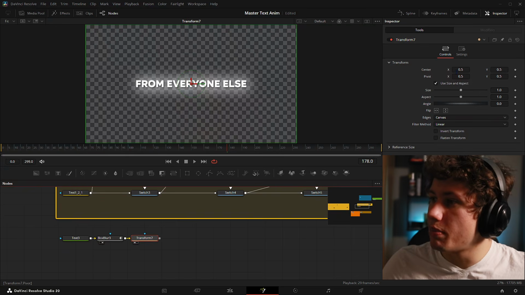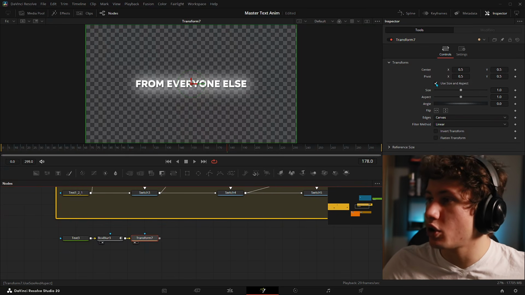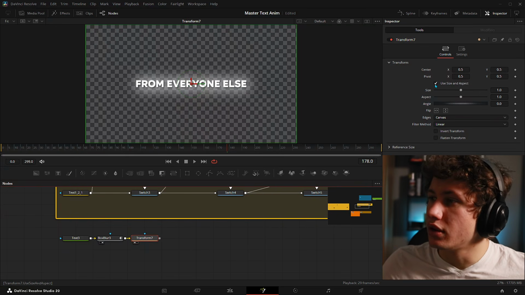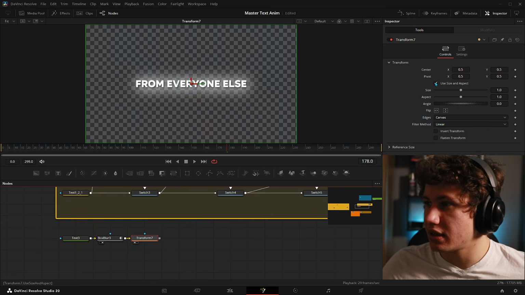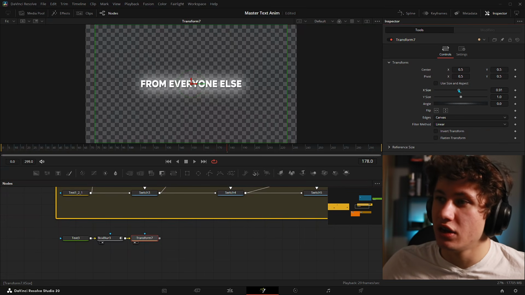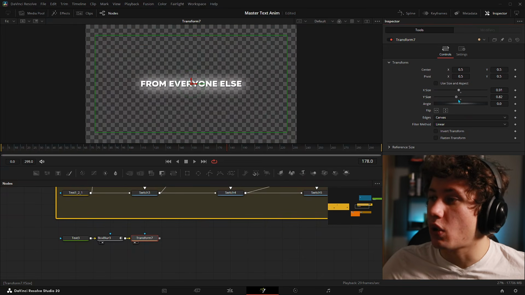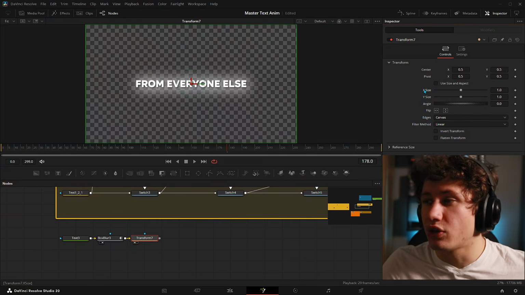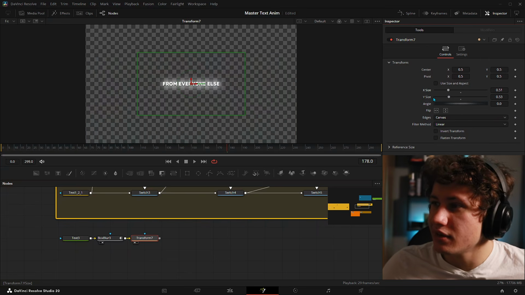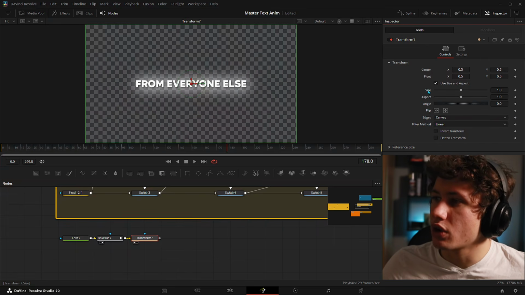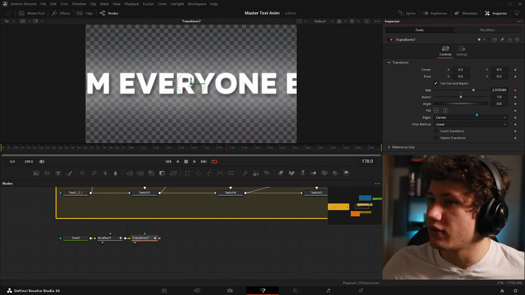And then I'm going to go up into our inspector here for our transform node, and we're going to animate our size here. Now, you'll also notice we have a box here labeled Use Size and Aspect. This allows us to manipulate just the X or just the Y size. And you can play with this a little bit more if you want to determine if you want to squish your text down or squish your text in. But for now, we're going to leave this checked off, and we're going to add our Anim Curves modifier right